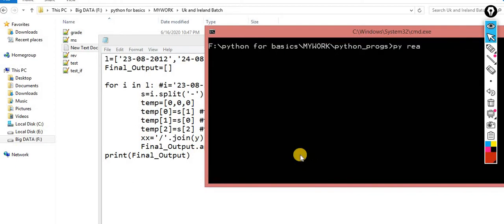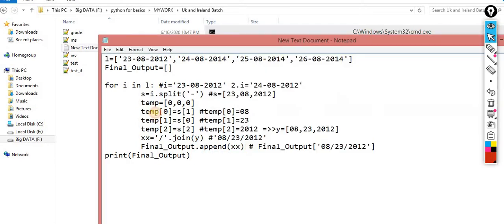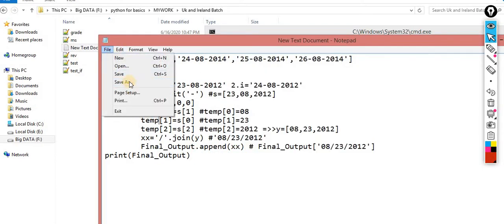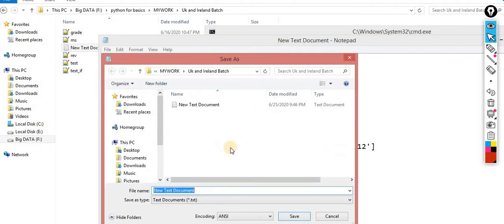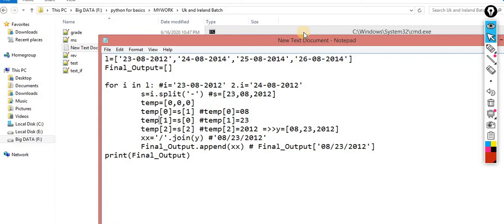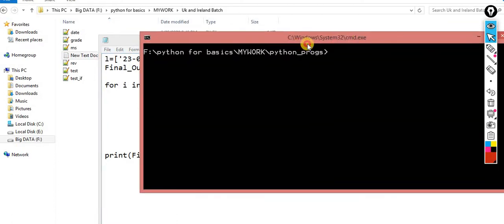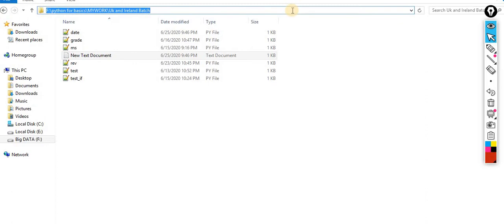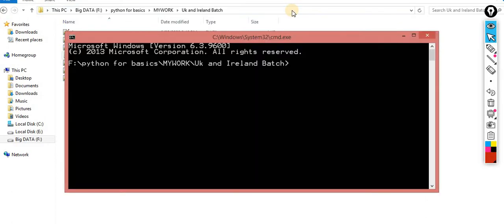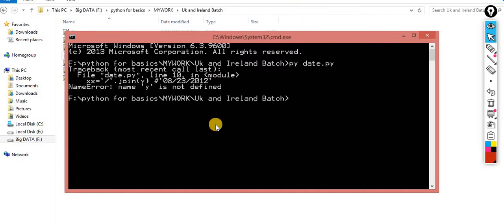My program name is, file save as date.py. cmd, py space date.py. y is not defined.